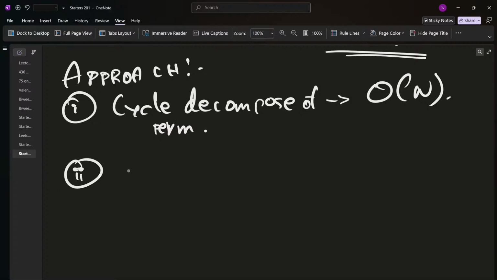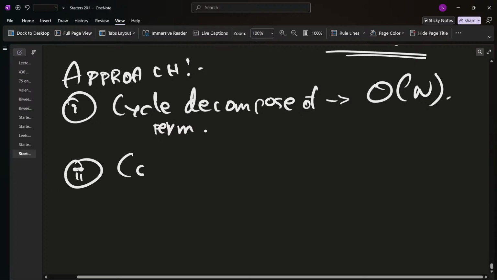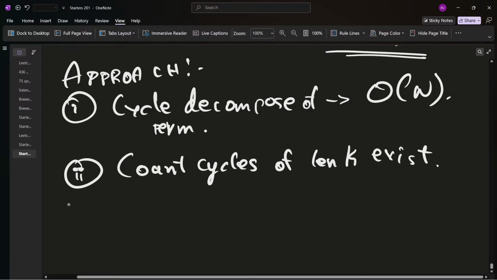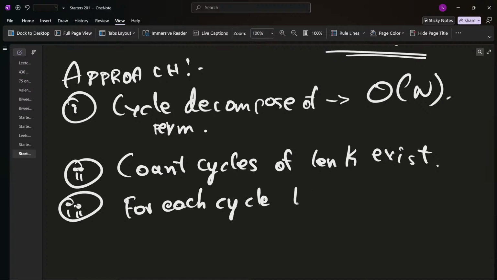Second step, count how many cycles of length k exist, and then finally the cost. For each cycle of length k, compute